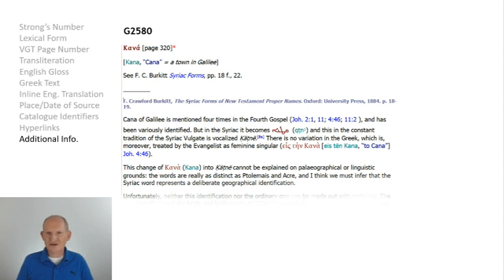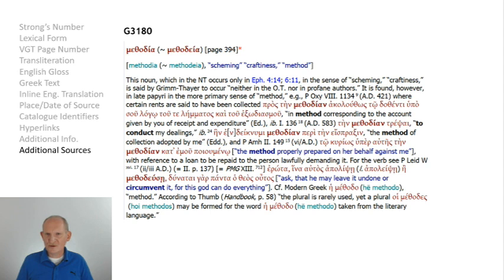Next, I've added some additional sources. For most of these, it would be papyri and inscriptions that were discovered since 1930. Sometimes it's a source that shows a different form of a word. For example, Moulton Milligan may have a verb or noun form, and I've added something that gives you a participle form. In other cases, an additional source will provide information that has come to light since 1930.